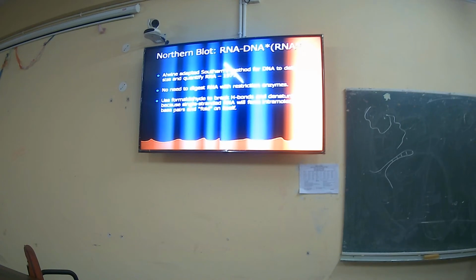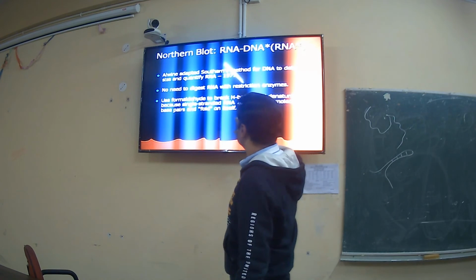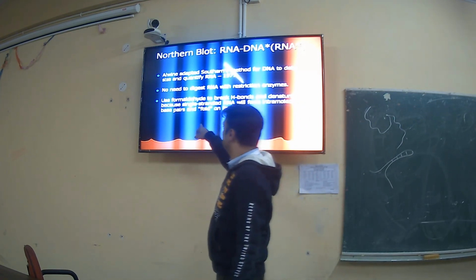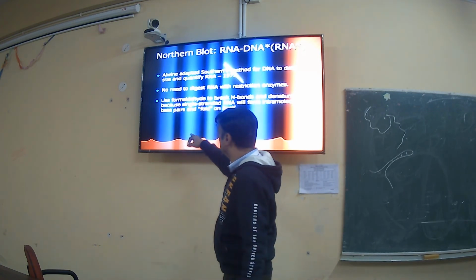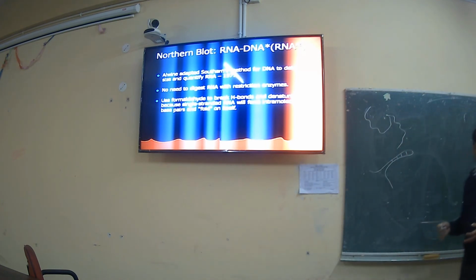That's why the third most important thing for the Northern blot is the breakdown of the double-stranded RNA. Okay, because RNA has a tendency to make the secondary structure. Here it is known as folded on itself. So to prevent making the secondary structure, RNA must be kept in denatured form, and that will be done by formaldehyde.